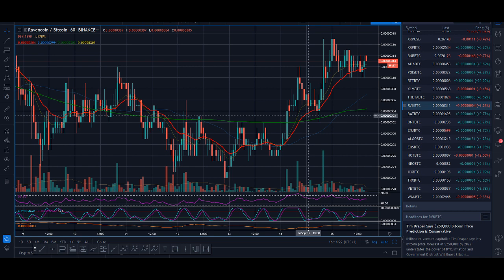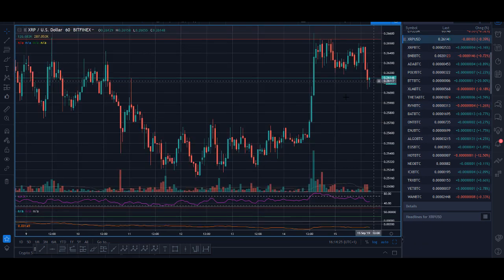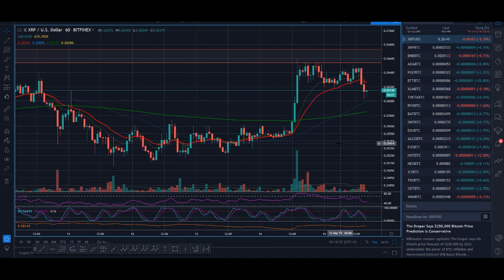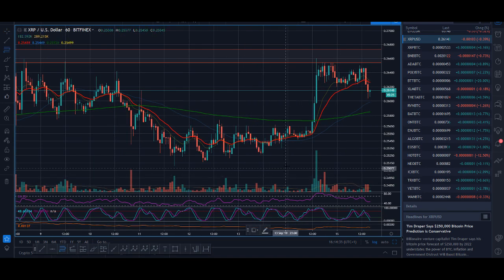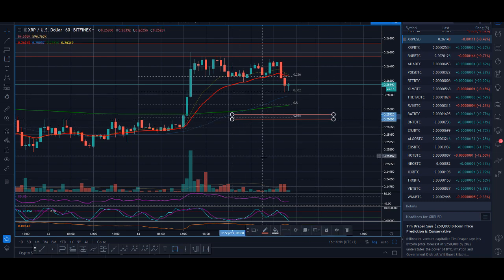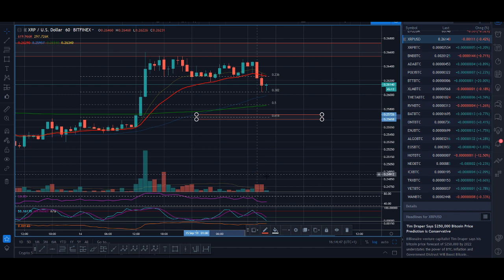So these are coins that I'm interested in buying, and XRP as well, guys. XRP, if it pulls back, there's my moving averages here. So around the 25 cents, I think it might be a good Fibonacci level. Yeah, it's the 618 level. Someone asked me about XRP. I'm going to look to buy XRP around the 618 level. If the volume comes back in, I might even set up a trading alert and look to buy XRP at this level.